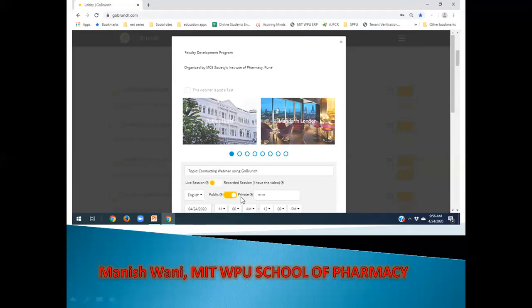Then you have to select public or private. It is already on public. If you click on public, it means everybody who has opened Guru Branch at that moment of time can see your webinar. Or you can click private. Once you click private, you can give your own password over here. This password, along with your link that is going to appear in the scroll bar over here, you have to share with your students so that they can log in into your